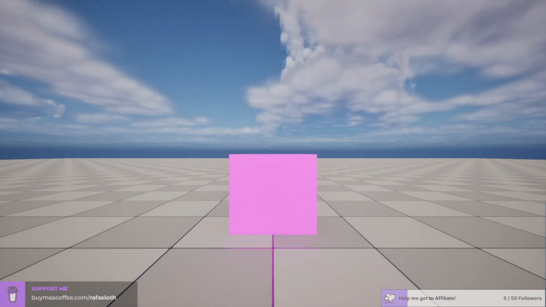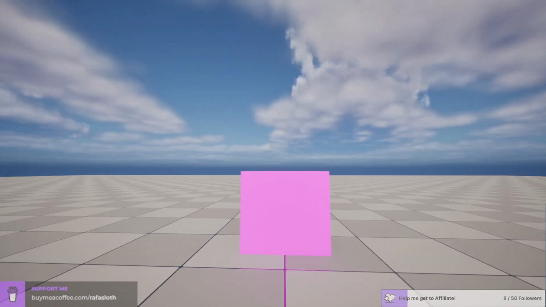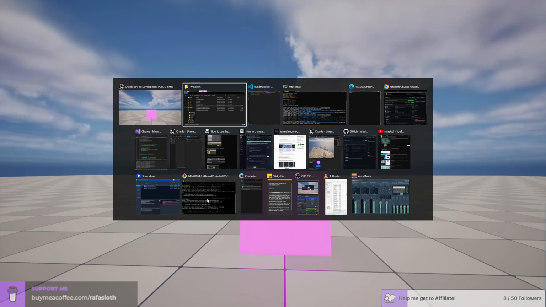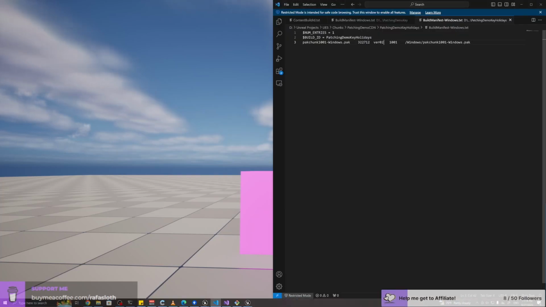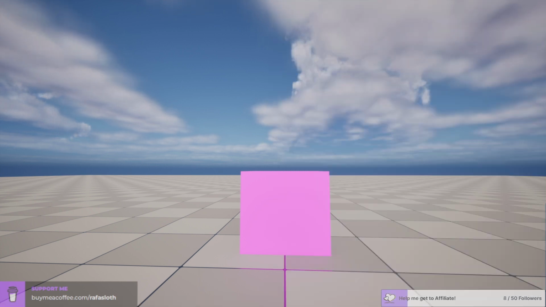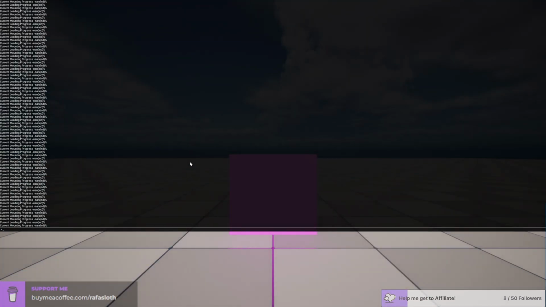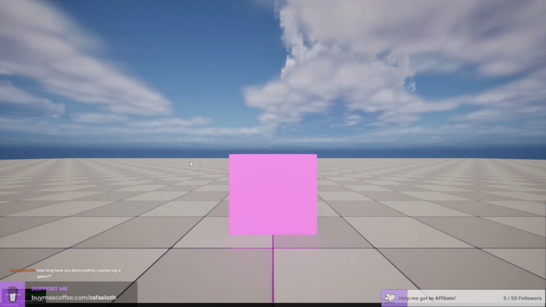I spent hours trying to make this work in part 2 of the tutorials and it didn't work. So in theory, if I just change this back to patching demo key and I just switch to the patching demo entry thing, okay, no, it didn't become green.